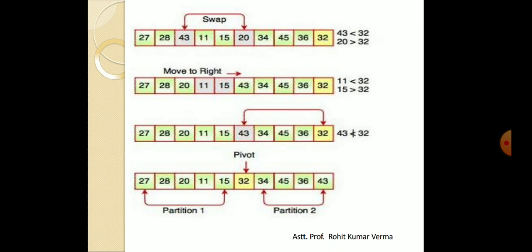But dear students, in the second step you can find that during this scanning both our left and right pointers crossed each other. What happened? Left and right pointers crossed each other. In that case we are considering swapping of the low point index with the pivot point. So here in the fourth image we are swapping our low point index with the pivot element. So 32 is placed in the position of 43 and 43 is placed in the position of 32.